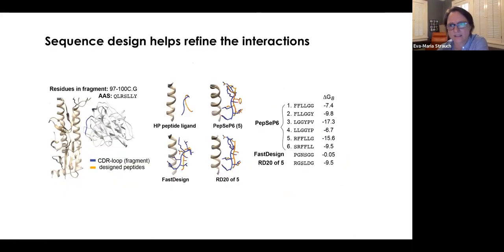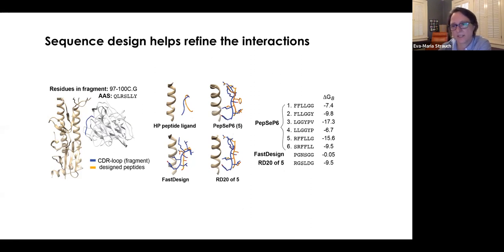And so here's an example for a protein interaction of an antibody and HA. So I've spent many years looking at HA interactions. So we are using that as our model system because there's so many examples and we know the contacts all really well. So let's say you start with a highly perturbed peptide, let's say something that would come out of PEPBB, so a predicted backbone. So if we use our sequence design, which is PEPZAP,